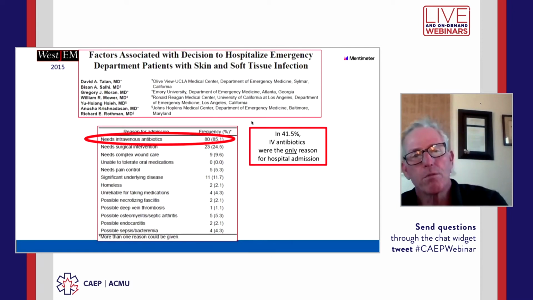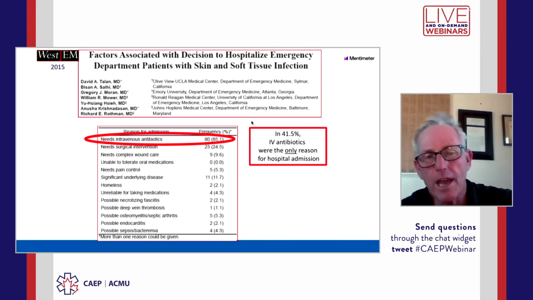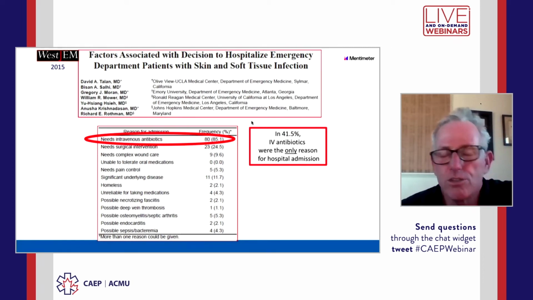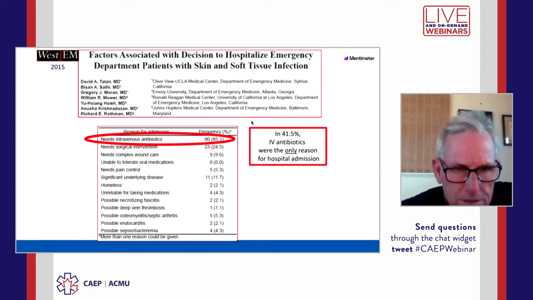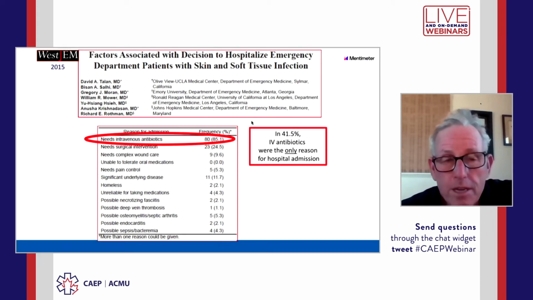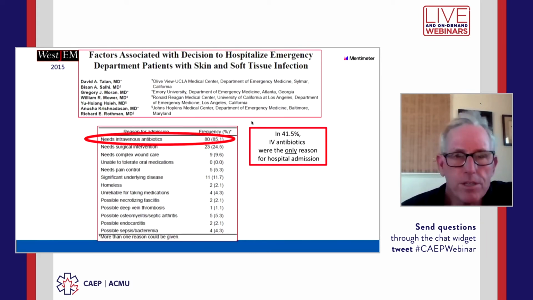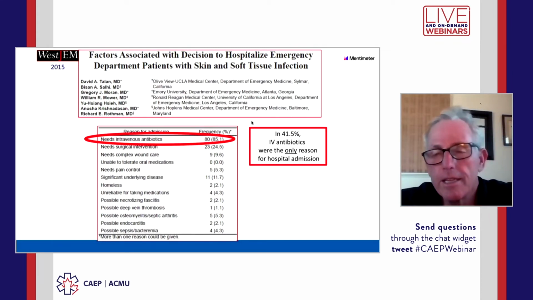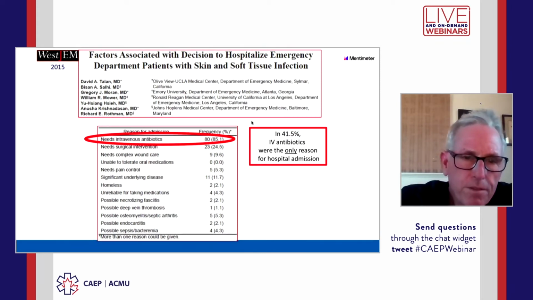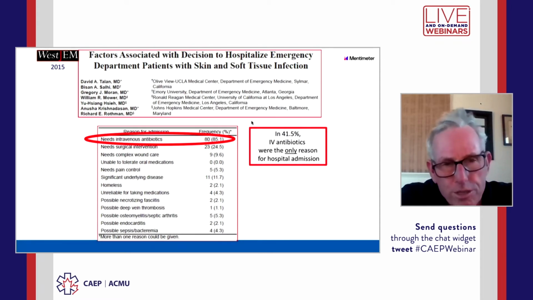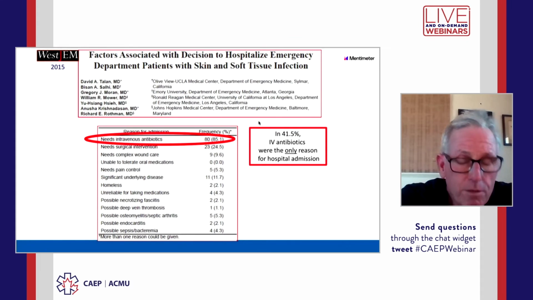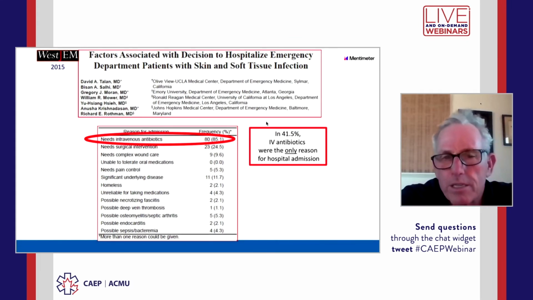But here were some of the other reasons that it's worth looking at, and these would be obvious to you. The patient needs surgical intervention, like in the operating room. You can't do that at home. Maybe they need complex wound care, or they have a significant comorbidity that's out of control, like they have cellulitis and diabetic ketoacidosis. And then if you look at the bottom of the list, there's things like homelessness, maybe persistent vomiting and can't take oral medications. And then some more serious infections like sepsis and endocarditis, septic arthritis, osteomyelitis. And the one we absolutely never want to miss, the most serious,